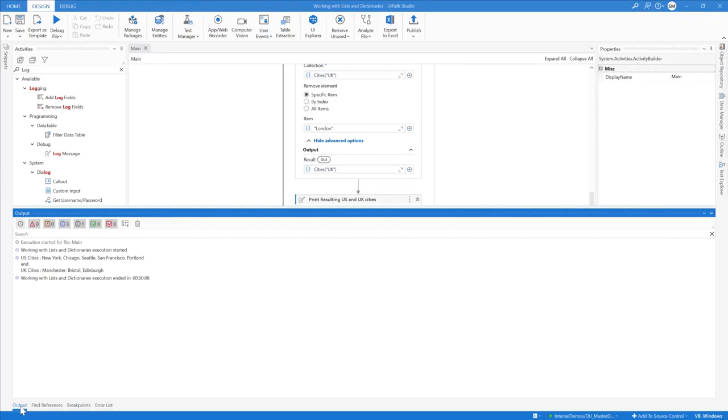Great! Here are some of the key points we learned in this demo. By selecting List as the value type, we can associate a dictionary key with multiple values. The Assign activity is commonly used to assign values to variables in UiPath Studio. The Variables panel is where you can declare and manage variables in your project. The Build Collection activity is also used to create and initialize an object, which can then be assigned to a